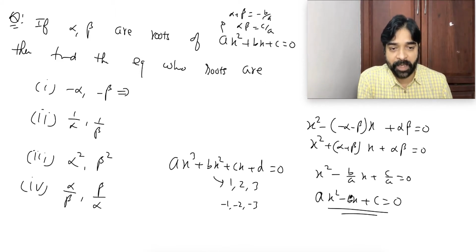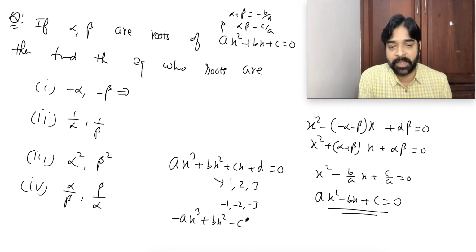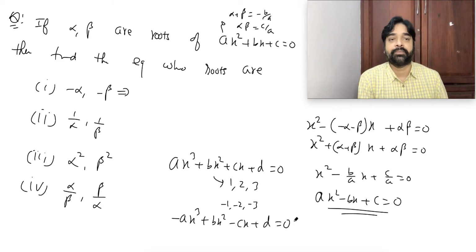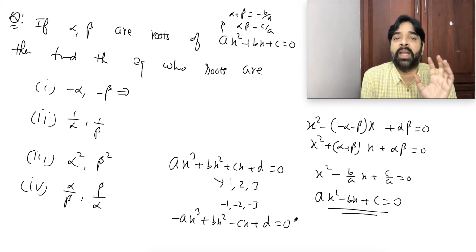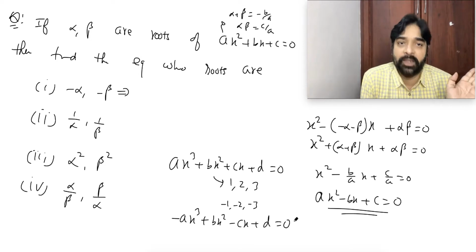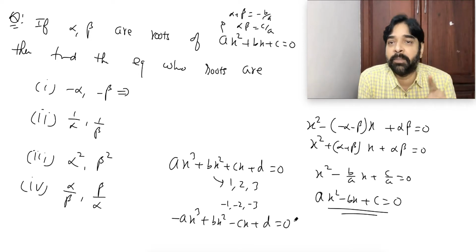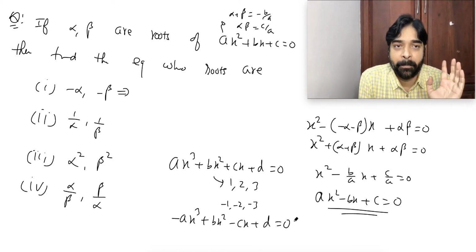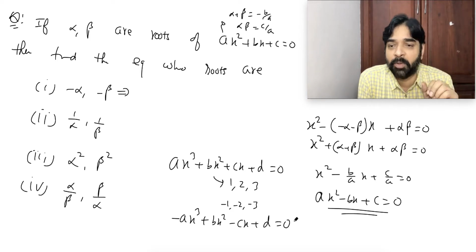So I will replace x by -x in the original equation. Here also the same thing is happening. See, if you replace x by -x, I get this equation. So replace x by -x, I will get -ax cube plus bx square minus cx plus d equal to 0. Did you understand? Whenever roots are given and you want a new equation whose roots are the negatives of the old roots, simply replace x by -x in the old equation. Is this point clear? These are small points you should keep in mind while solving questions. We will develop so many small points.